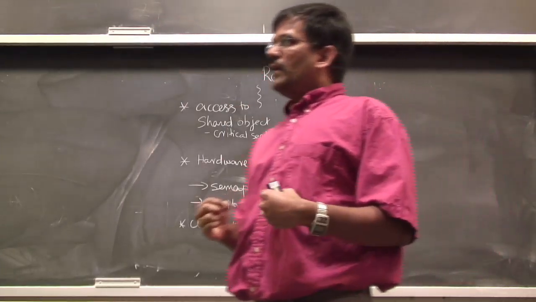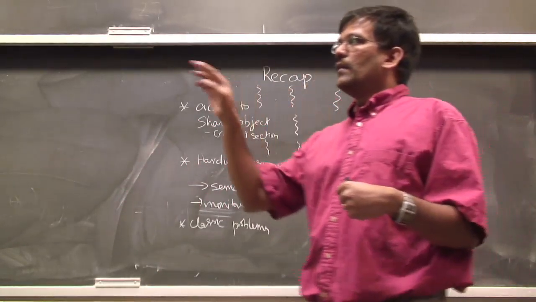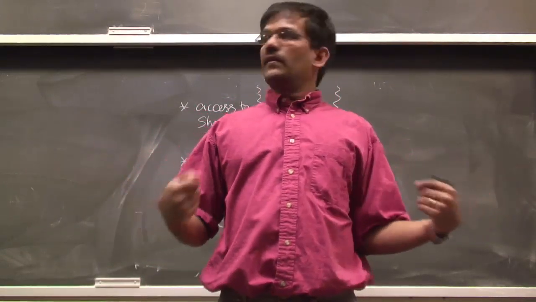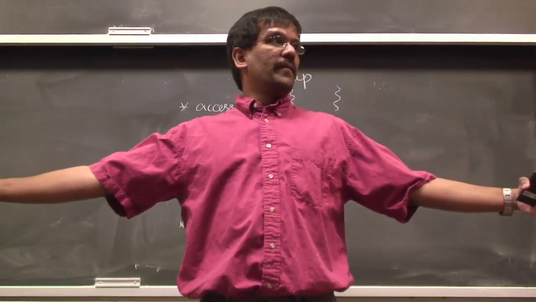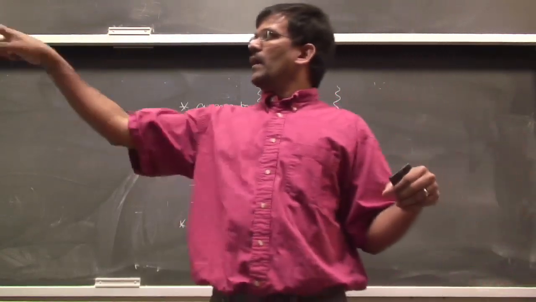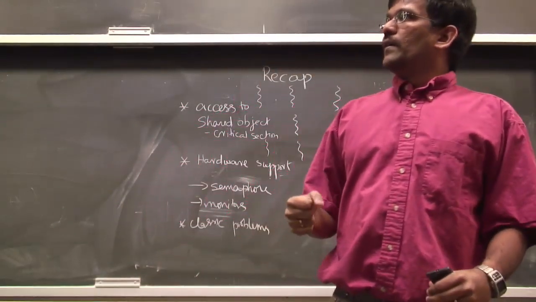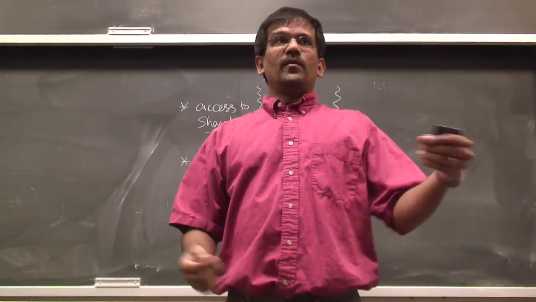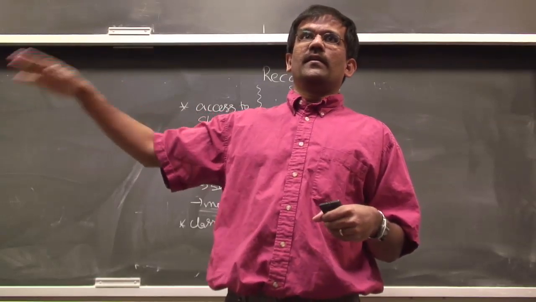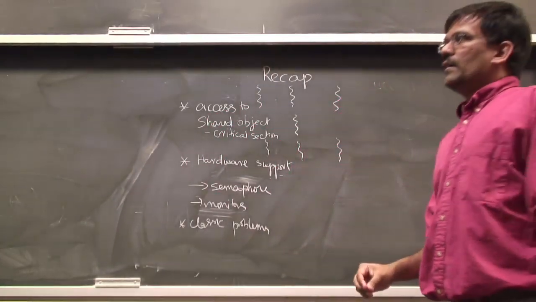So when I'm done eating, I change my state to thinking, and again call the test for both my neighbors, which would set the state for those two neighbors. So they all operate through this function test. I call it for I plus 1 and I plus 4, percent 5. Basically, you're trying to do the left and the right neighbor. So you go through a loop where you try to pick up, and then you eat, and then you put down, then you think, and you go on a loop forever. So the code for test